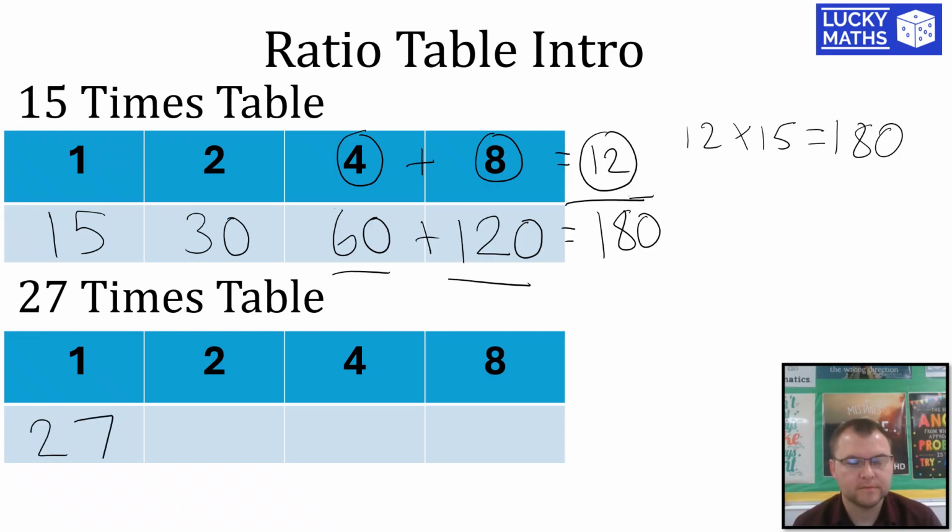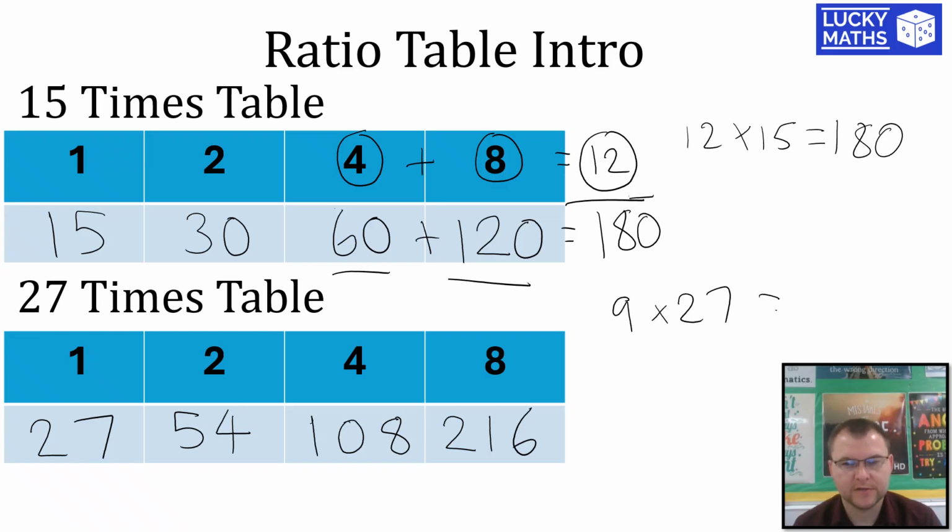The 27 times table: 1 27. 2 27s are 54. 4 27s will be 108, and 8 27s therefore is 216. Now let's say I wanted to work out what 9